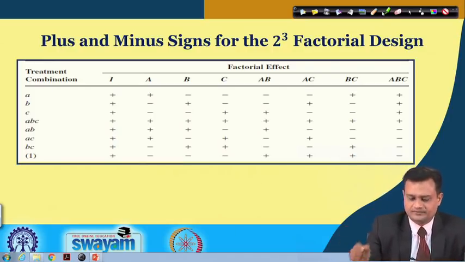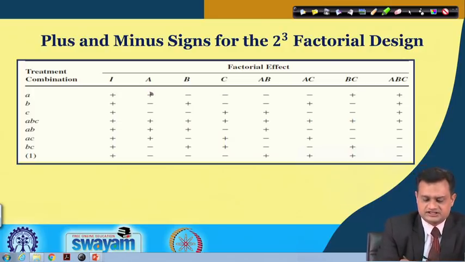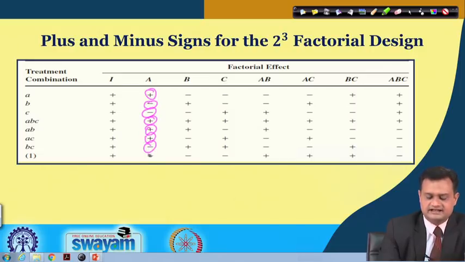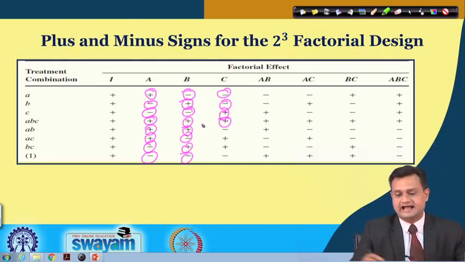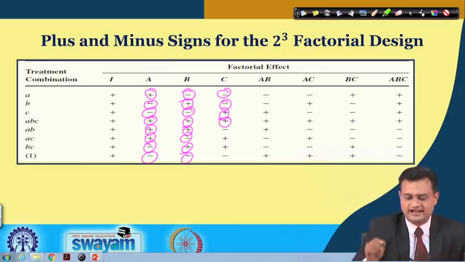So when I say my factor A, you just see initially it is set at plus, meaning the high level, and then 2 times it is low. Then it is set plus plus plus, then again it is low, low. I have set B at low level, then I have set plus, then I have set low, then again I am setting it twice high level, low, high, low. You can see here low, low, high, and then this is high.